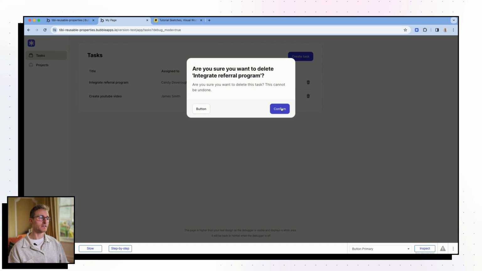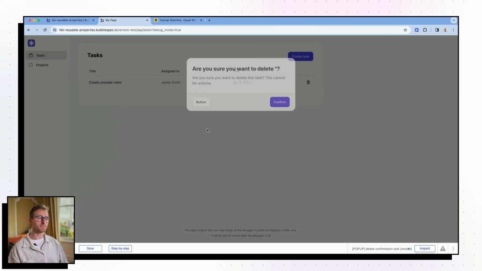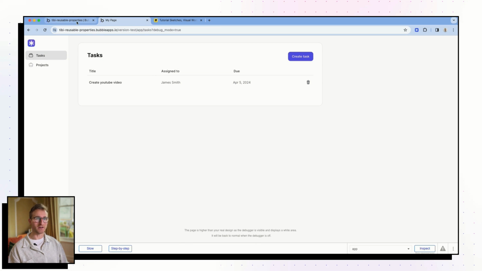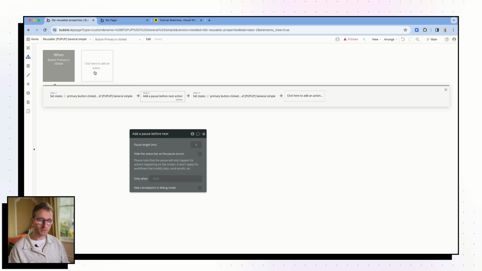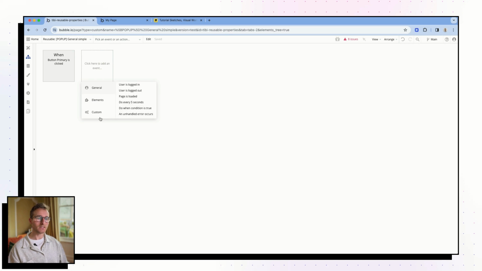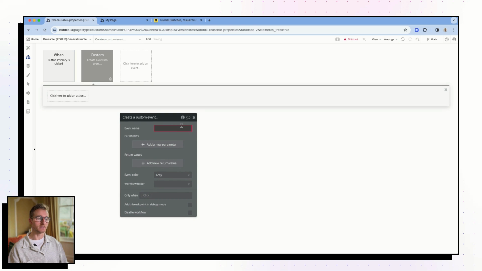Now, if we try and do this and I hit confirm, watch the row underneath, boom, disappears. Okay. So that's the way around it, the simple way. There is one other way I'll just quickly show you at getting around this in case Bubble changes something and this doesn't work. The other way is to just have another custom event here, which you use to basically reset